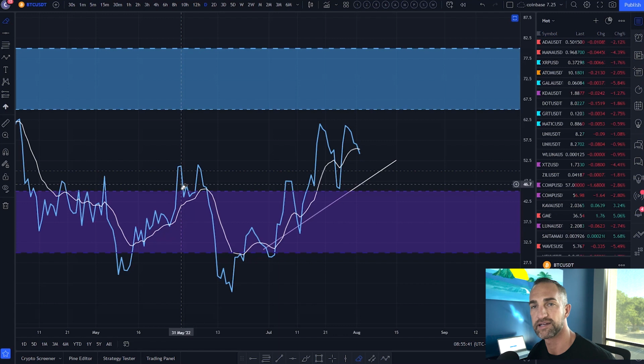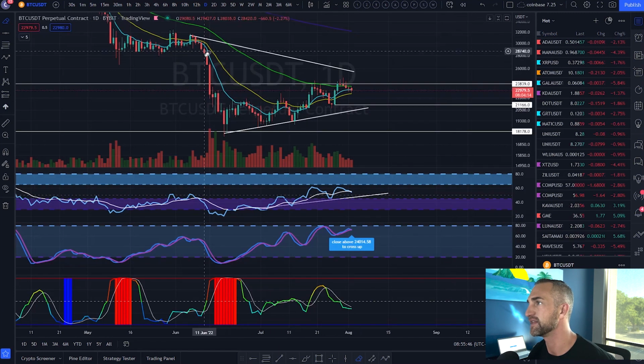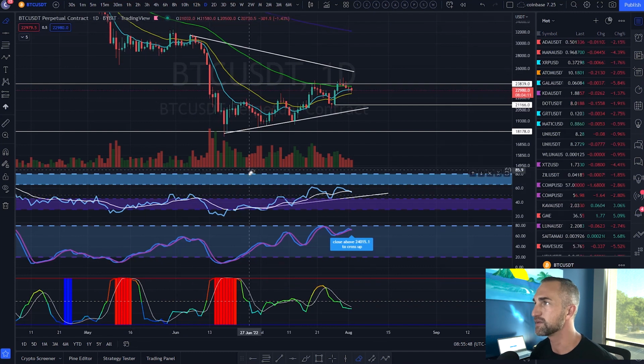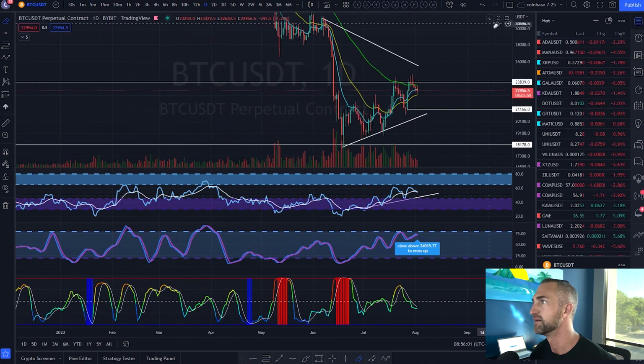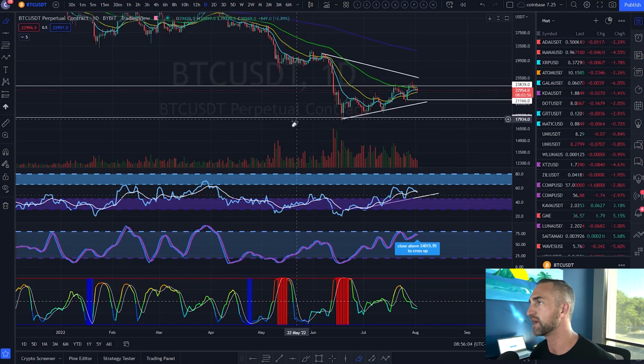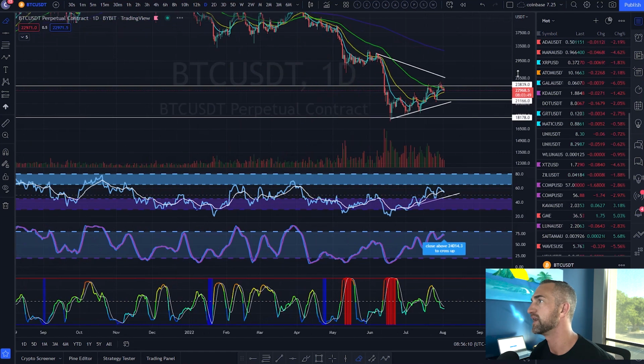Downtrend is lower lows and lower highs. Okay. And on the daily time frame, could we say we're still in a downtrend? Yes. Until we take out this high, this is just sideways action. Could you possibly say, oh, we're making higher highs and higher lows? Yeah, you could. But the weekly downtrend is still in place. So I'm a little bit more inclined to say, hey, we're still in a downtrend on the daily time frame until we get back above 31.5